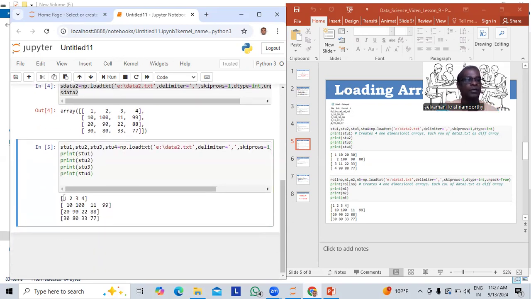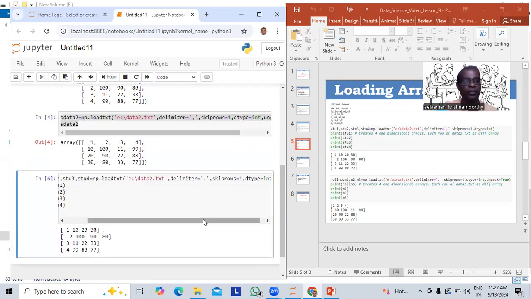See it here. STU1 contains roll number. I think unpack was removed. This is again column wise. See it here. Okay. Student 1 roll number, mark 1, mark 2, mark 3. Student 2 details, student 3 details, student 4 details. Same way,